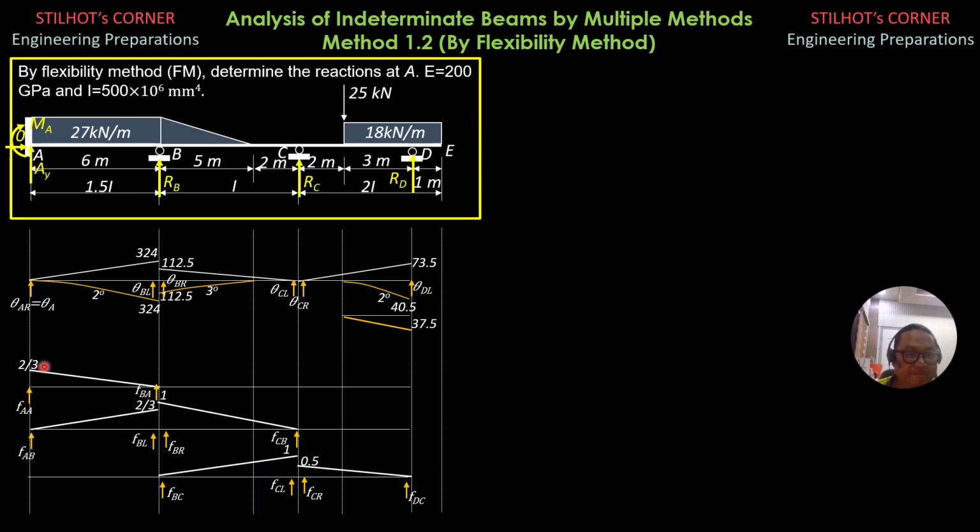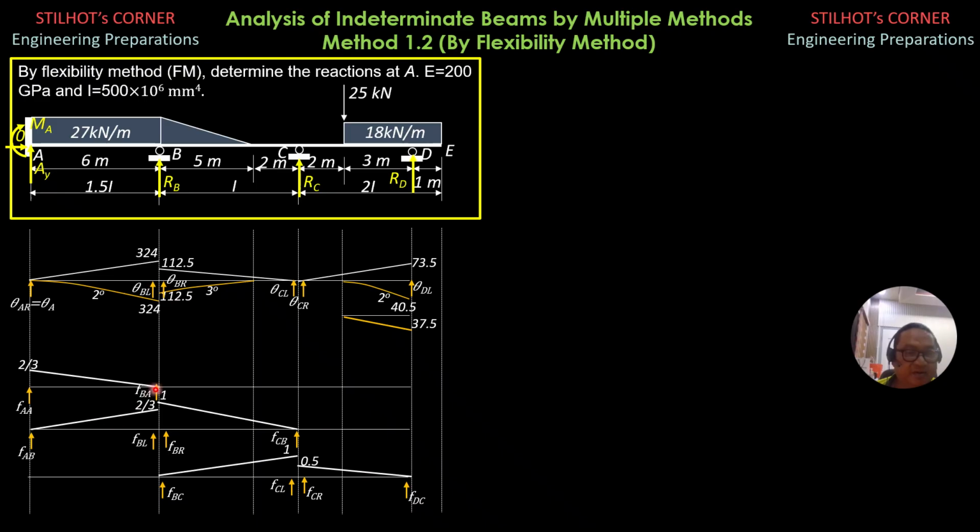Then that's the moment diagram with A as moment center. So I'll call this FAA. This is FA right, supposedly, but there's no FA left. Then this is automatic FAA. Then at the right side, we have FBA. The force at B due to the unit rotation at A. So that's the force coefficient.